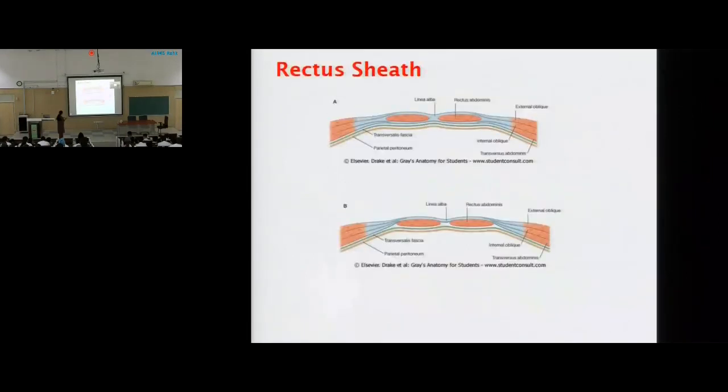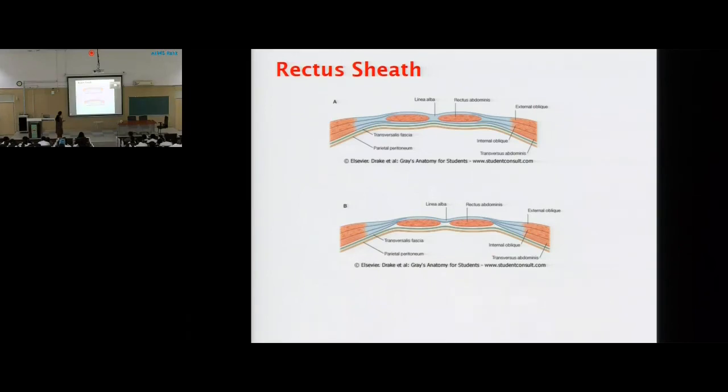Okay, above this, above the costal margins. If I say the costal margin is the lowest point of the thoracic cage, above it the anterior wall of the rectus sheath is formed by the external oblique aponeurosis. This is the external oblique. This external oblique aponeurosis forms the anterior sheath. This is the internal oblique. This is transversus abdominis. This is transversalis fascia, and this is parietal peritoneum. They are all lying posterior. Yes, above the costal margin. Okay. And there we leave this.